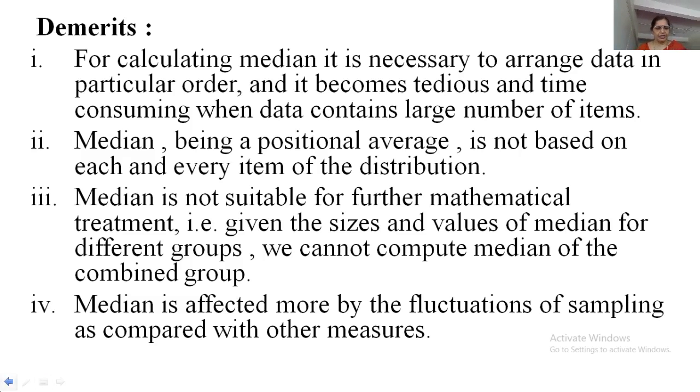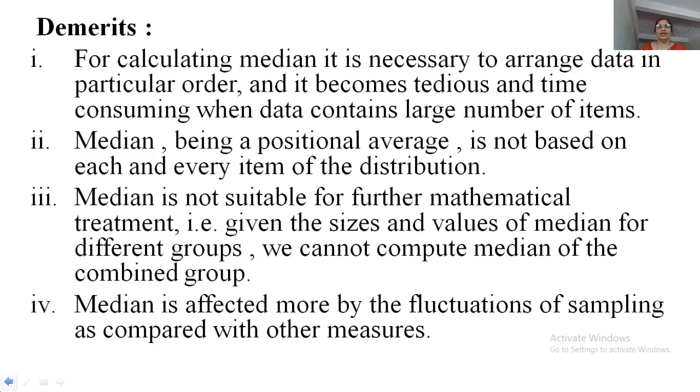Now, in the next lecture, we are going to discuss the second type of positional average, that is the mode of the data set. Up till now we have discussed arithmetic mean, then different types of computational average like geometric mean and harmonic mean. Further we discussed trimmed mean and weighted mean, some merits and demerits of arithmetic mean as well as median, and the situations where geometric mean and harmonic mean can be applied.